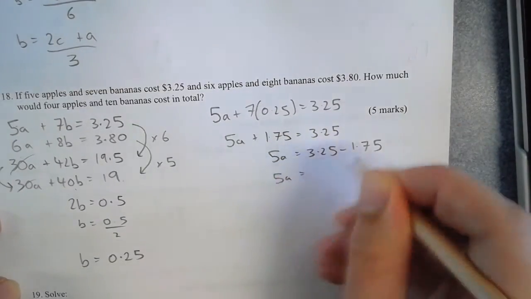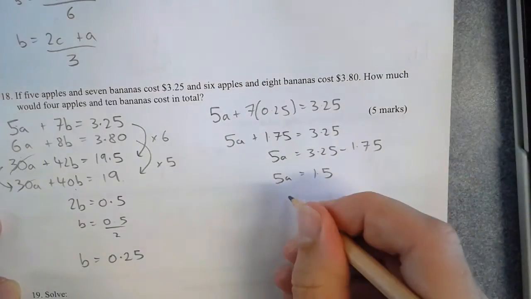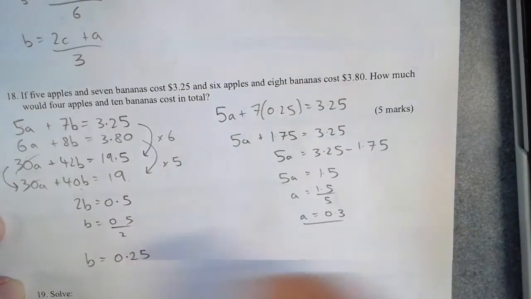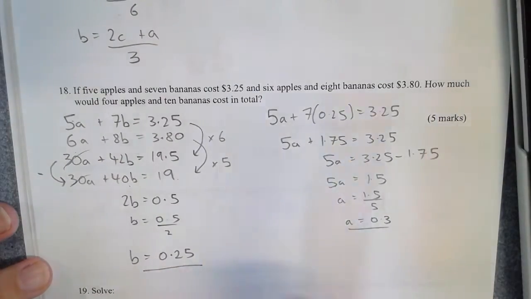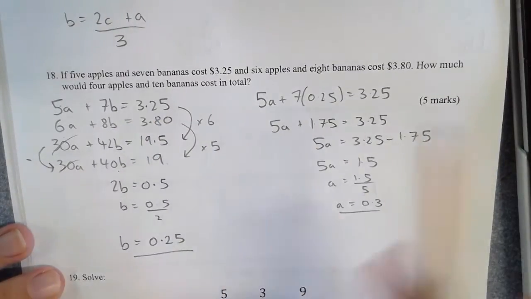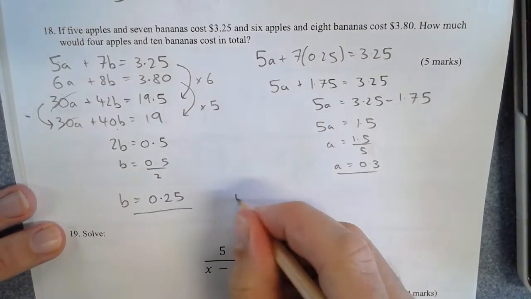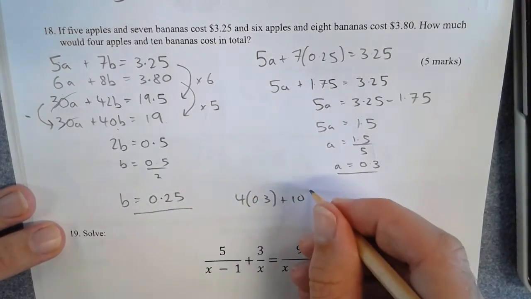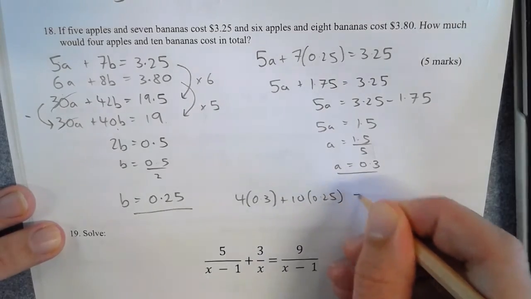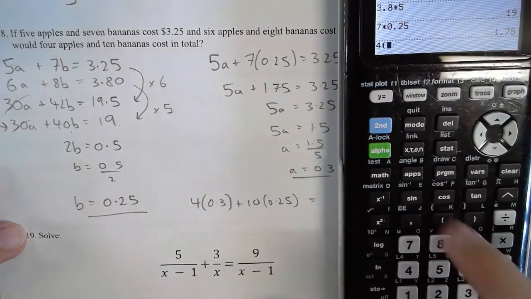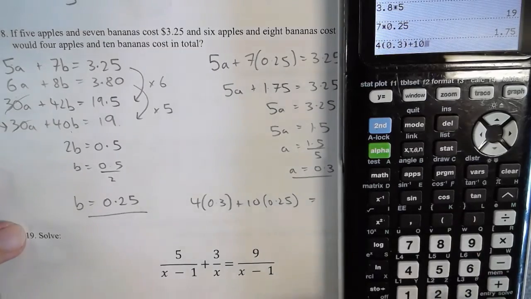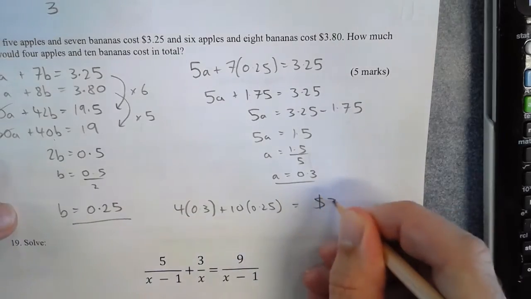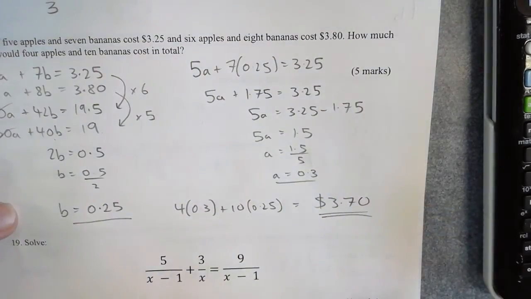And then we get 5a is at 1.5 divided by 5, and we know the apples must be 0.3. Now the question though asks how much would 4 apples and 10 bananas cost in total. So that means we have 4 apples plus 10 bananas. You type that into your calculator. So 4 lots of 0.3 plus 10 lots of 0.25, and you get your $3.70, which is your 5th mark